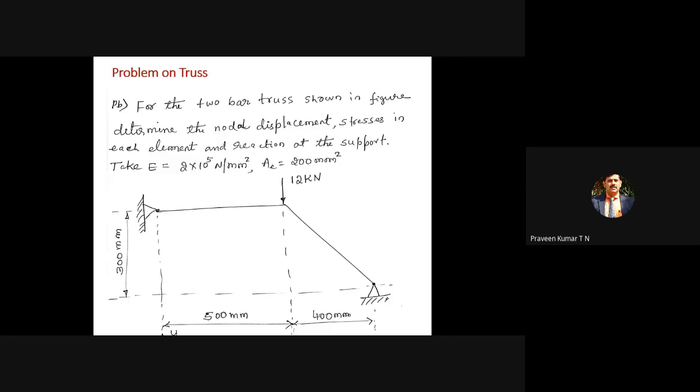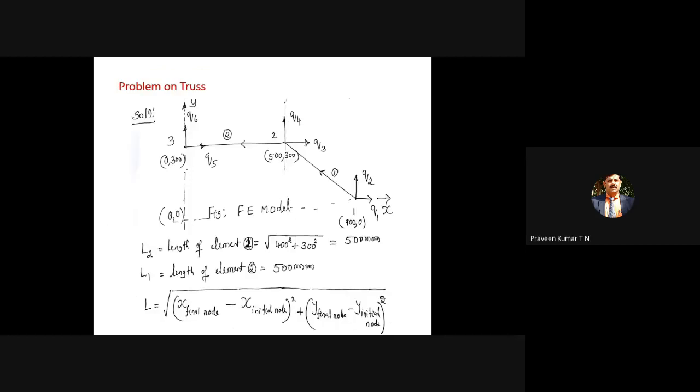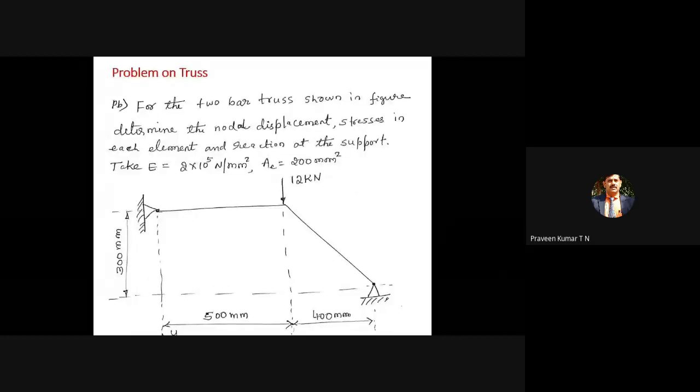So you have to derive the stiffness matrix. But as per this problem, this is the first problem, so I have taken it straightforward. It's a little bit simple. For that, first we are directly going for finite element modeling. So now we have node 1, node 2, node 3. This is node 1, this is node 2, and this is node 3, and this is element 1. This is element 2. So everything is fine.